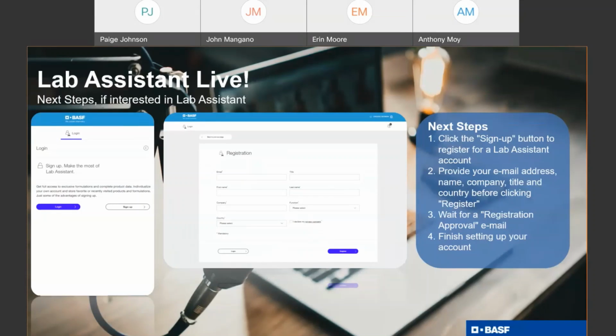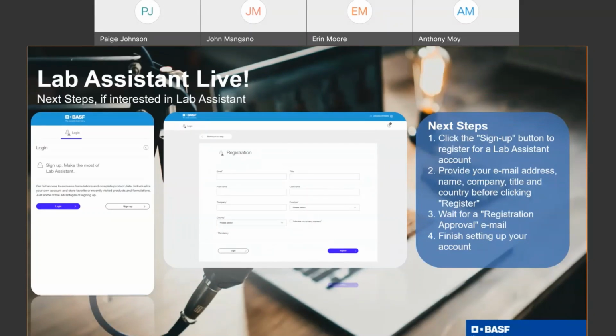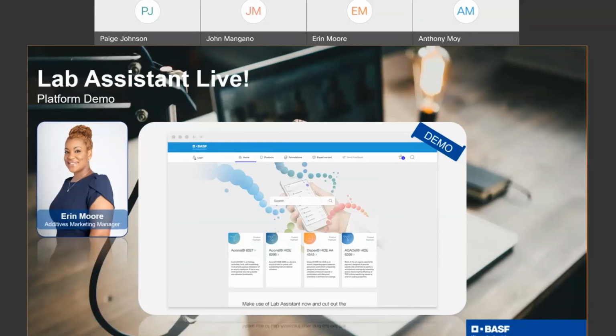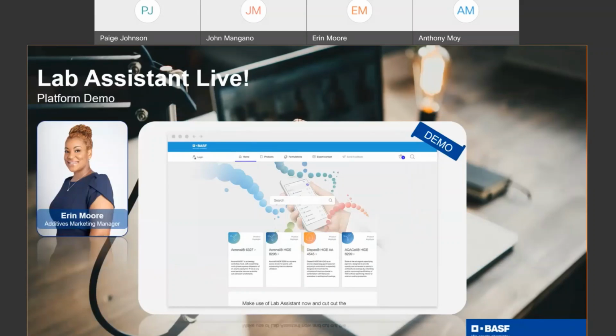Yeah, sure. Thanks, Tony. As you said earlier, Lab Assistant is our new digital formulation helper. What I like about this product and what I'm excited about is that it cuts out all the guesswork and essentially helps our customers get to solutions faster. Right now, our tool is available for our architectural coatings customers, and we will soon make it available to the other industries that we serve, like industrial and construction solutions.